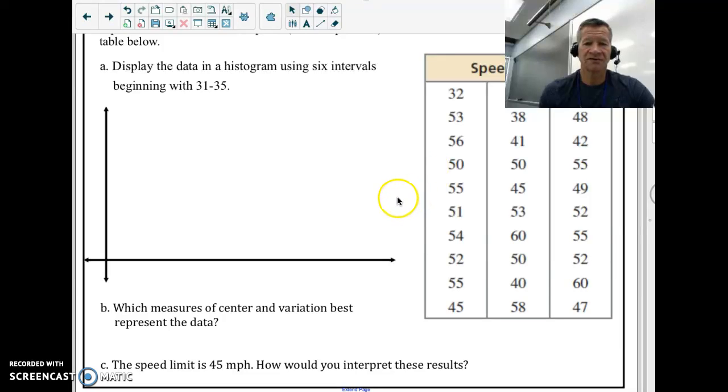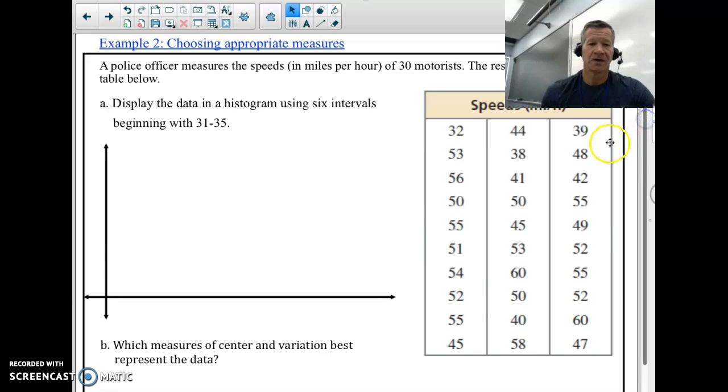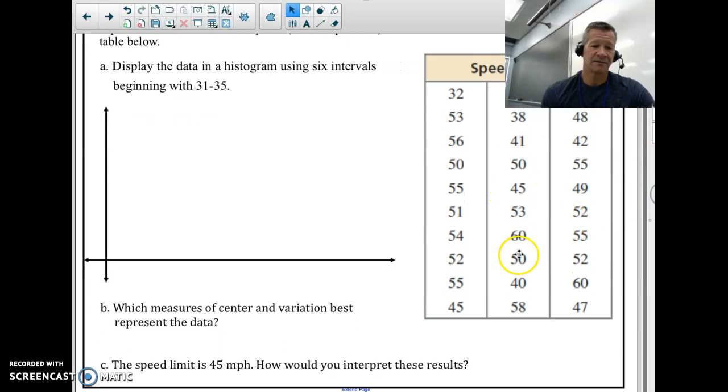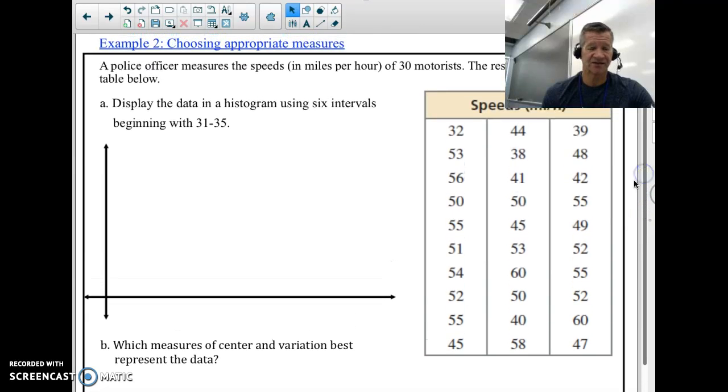All right, welcome to example 2 of section 7.3. In this example, we are going to again make a histogram, and then we're going to talk about whether or not the mean or the median will best represent the data, and then do another interpretation of the data, perhaps answer a question about it. So here we have a police officer that's measuring the speed in miles per hour of